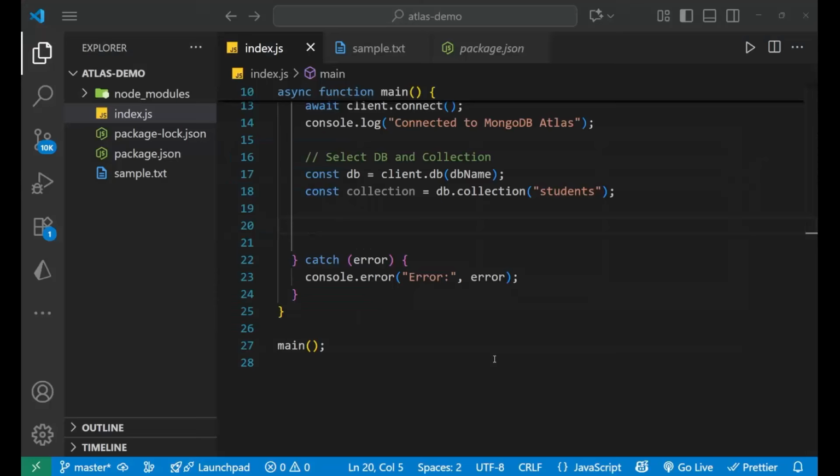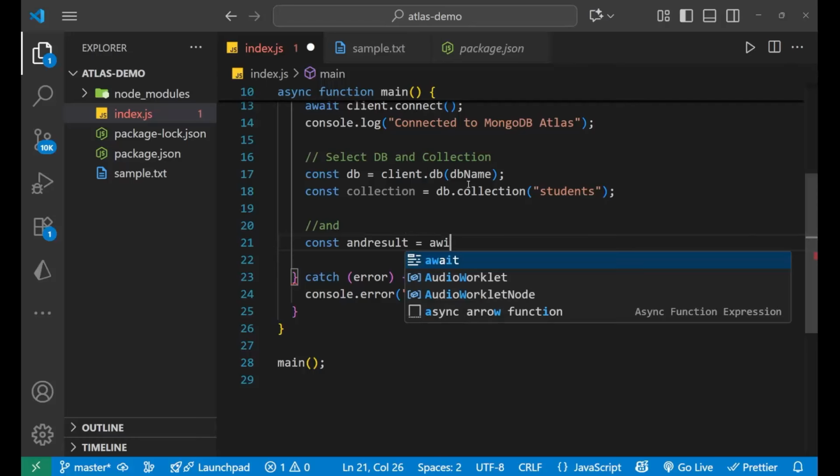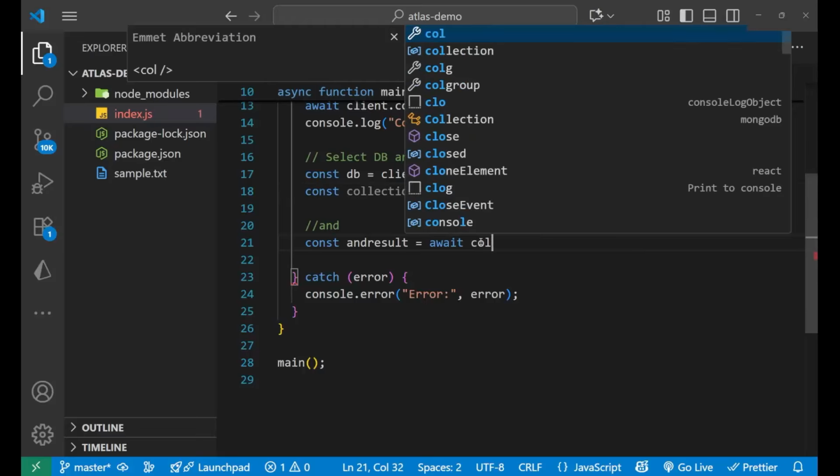Now let's start working. First of all, I'll start with and, right? So how do we work with and? Basically, we are going to make a filter such that the students who are older than 20 and are from the city Delhi should come out. For that purpose, you need to write const result, I'm taking the variable, right? Await, and then the collection. This collection is holding my collection name, which is students, right? So I'll write collection